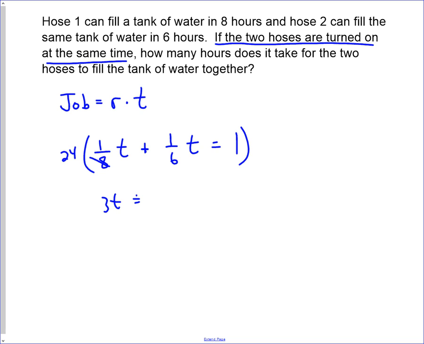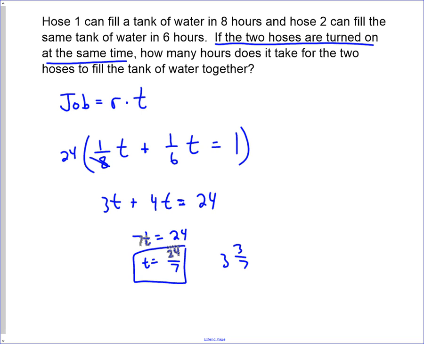24 cancels with the 6 to leave you with 4t. And then 24 times 1 is 24. You got to make sure you multiply that 24 by everything. So that gives you 7t equals 24. And so the answer is 24/7. So the amount of time it takes for them to fill the pool together is 24/7 hours, or 3 3/7